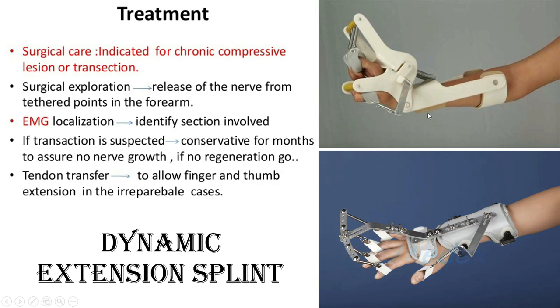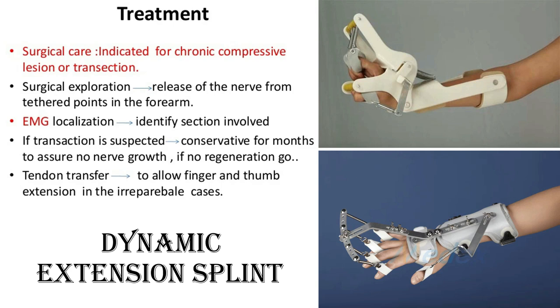Now if there is a complete cut in the spiral groove, or we are sure that there will be no chance of regeneration, then we can go for surgical repair. I will discuss the repair technique at the end. But radial nerve injury is the most commonly encountered injury. If we find that there is no recovery from this nerve injury, or after 3 months of waiting with conservative management,